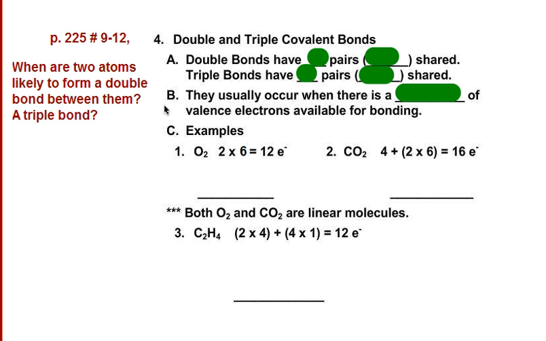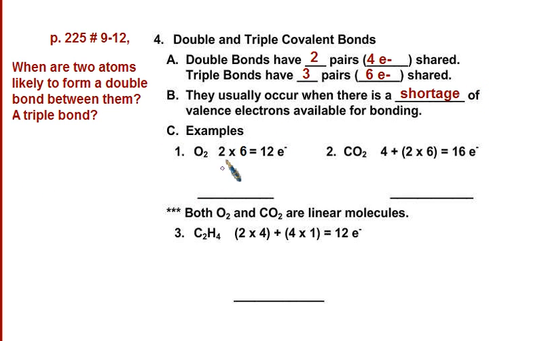And we're back, and now we're covering double and triple covalent bonds, which should actually be a lot easier for you guys to understand. So, not easier, but it'll start jiving with you. If you get the single bonds, then these should make sense. Double bonds have 2 pairs or 4 electrons shared, and triple bonds have 3 pairs shared. So this usually occurs when there is a shortage of valence electrons that are available for bonding to make all